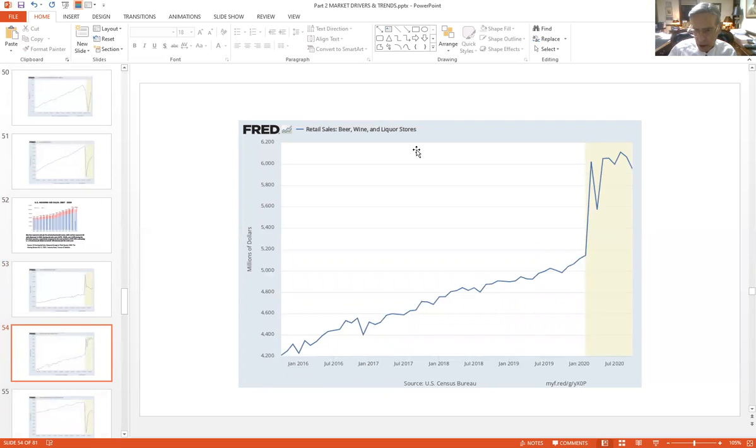More lockdowns. However, while they're home, you've got nothing better to do, might as well have a beer or something